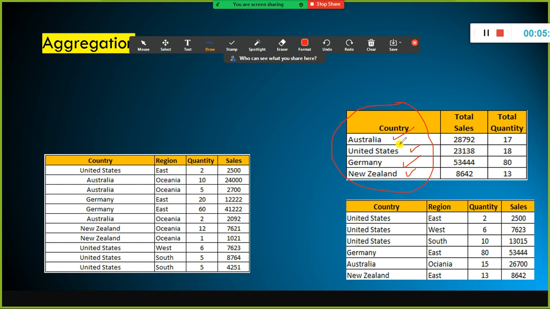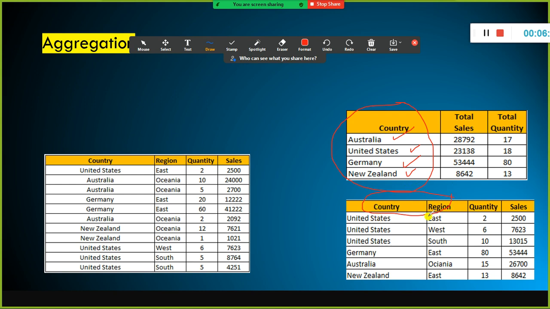The next step is when they look at it, they are a bit surprised. They are curious to know, in each country, region-wise, what is the total sales. By looking at that data, they will get an instant idea of which region contributed more revenue in each country. So in that case we are doing group by based on these two columns, country-wise region.